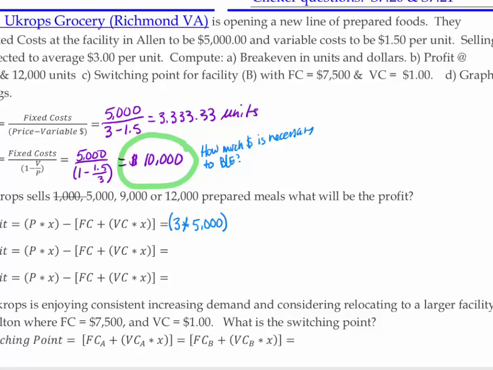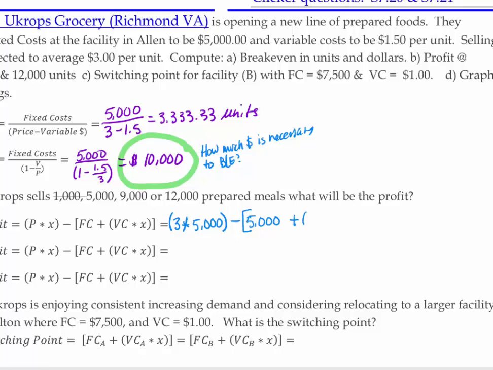So first we write out the price, which is $3. That's how much we sell these things for. And we're going to sell 5,000 of them. So if we didn't have to pay for what we sold, we would just make $15,000 right off the bat. But of course we don't have that luxury, so we have to then back out of it the cost. So we have to back out our fixed costs plus our variable costs times the number of variable costs we have to use. So for this first process here, we pay $5,000 in fixed costs,